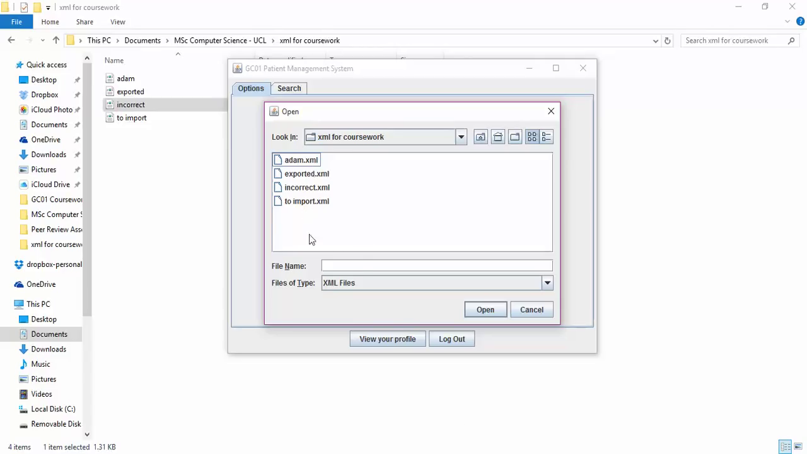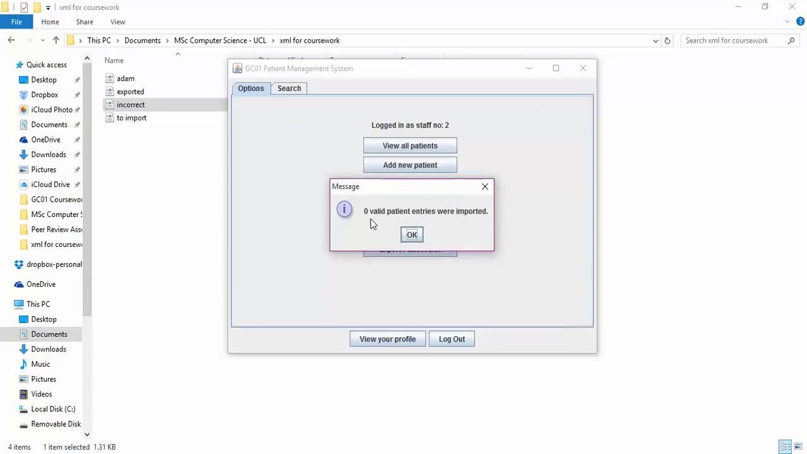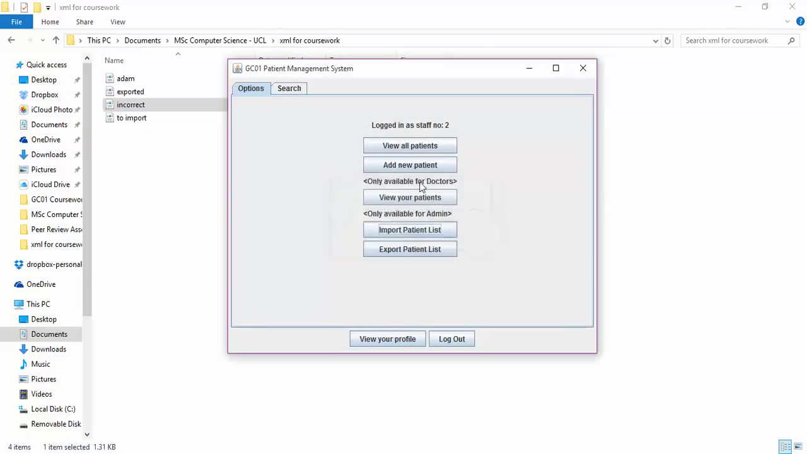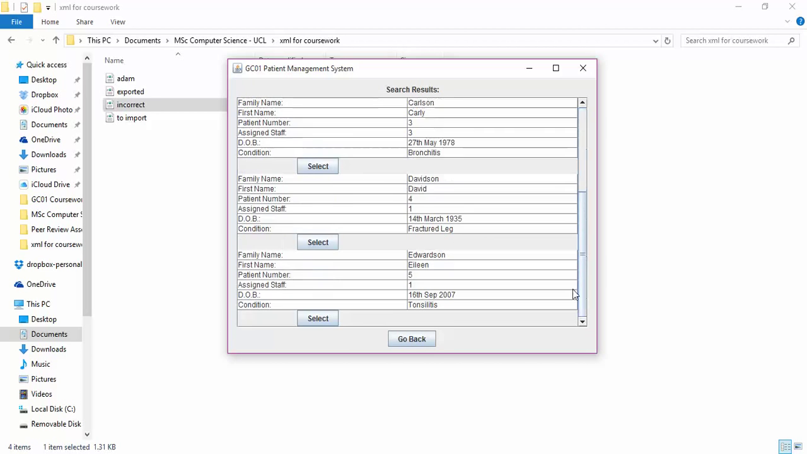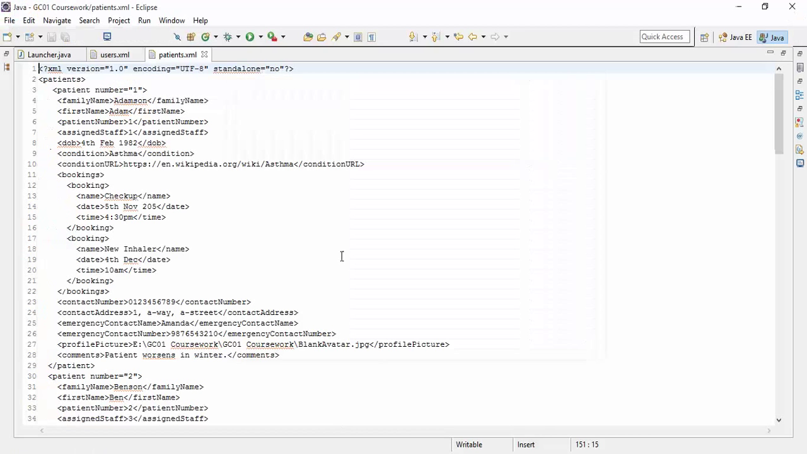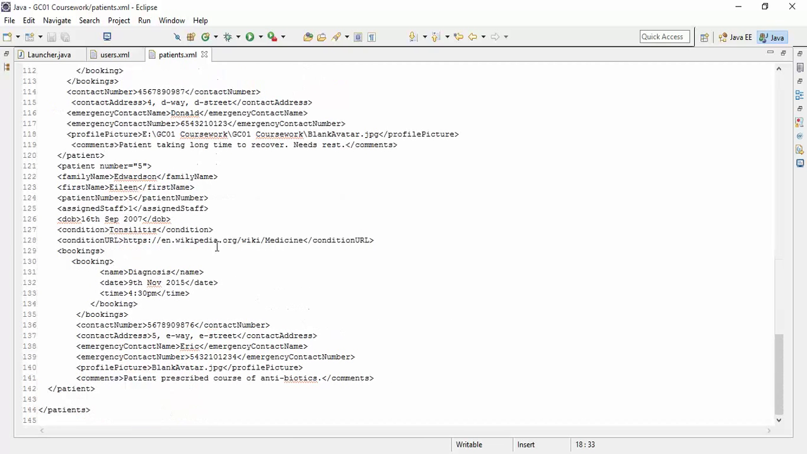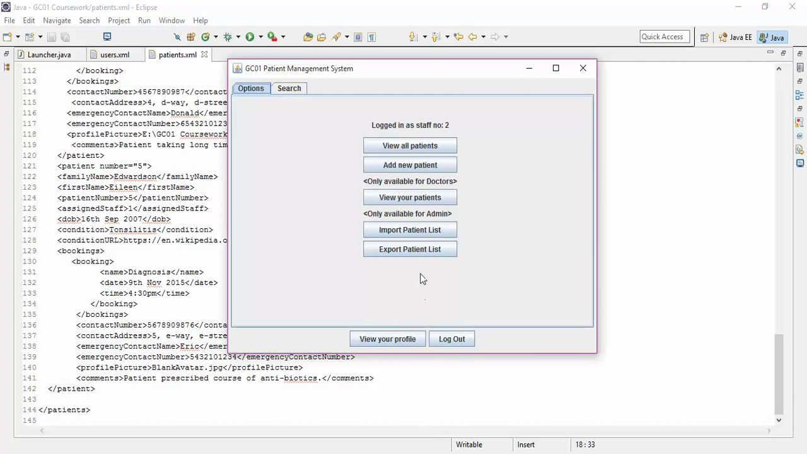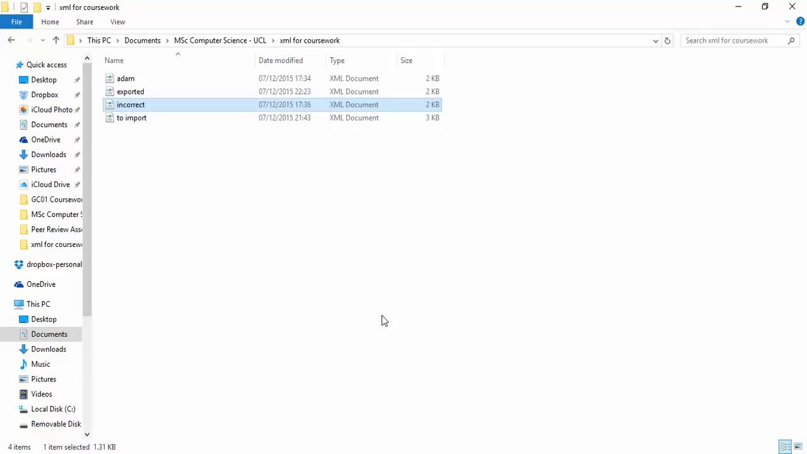Let's try that out. We try to import incorrect here. Indeed, it tells us that no valid patient entries are imported. If we check the view all patients, we'll see we don't have any mysterious number 7 down there. That can be confirmed with a quick look at the patient file. So it won't import a poorly formed XML file by our standards,